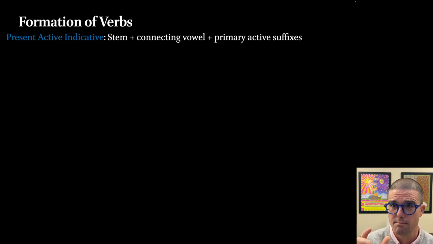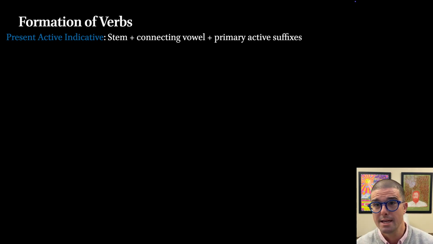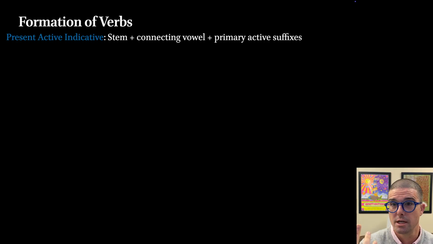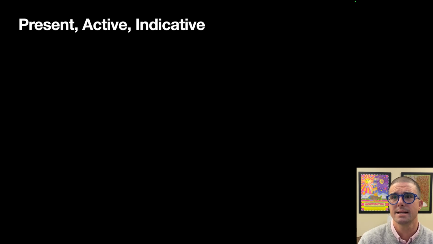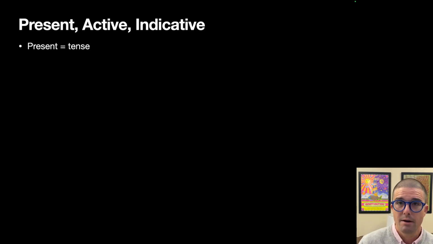So the stem is going to be the most basic part of the verb. A connecting vowel is going to be what's stuck in there to connect the stem to the ending that indicates information about the verb, especially person and number. So when it comes to the present active indicative, we're talking about the present tense, we're talking about the active